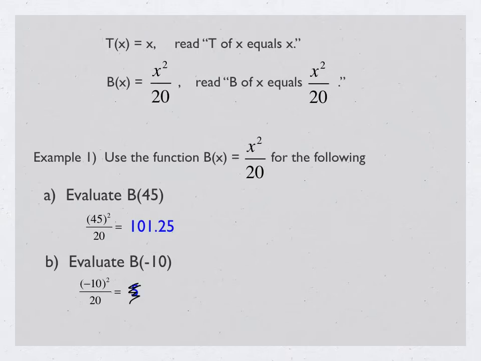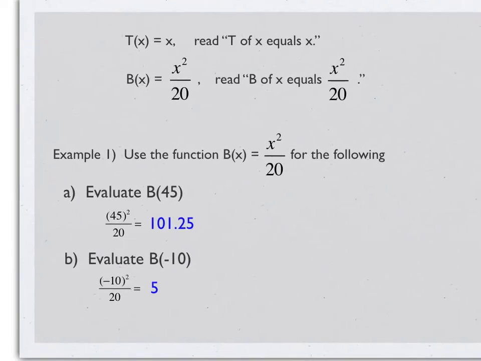I'm going to write it as negative 10 squared over 20. I mentioned this in the previous lesson: you have to be careful when you're squaring negative numbers in your calculator. Anytime you square a negative number, that number needs to be in parentheses. So negative 10 squared would be 100, and then 100 over 20 would give you 5. But that's all there is to it, taking this number and plugging it in